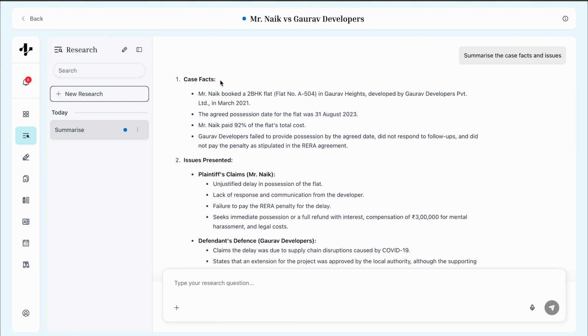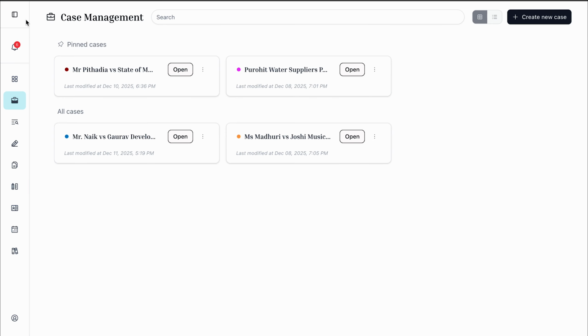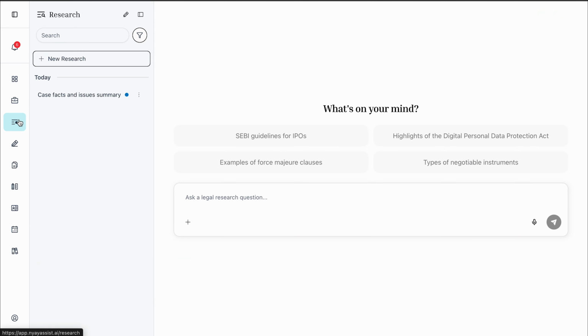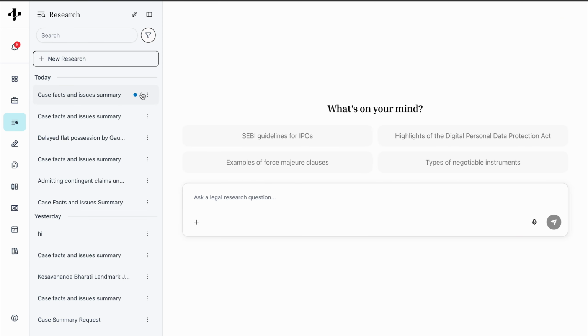As you can see, the summary appears here based on the details and documents added to the case, with the case color for easy reference. Assigning a color to your case helps you throughout your work on NyAssist. Even if you start fresh, with the help of the assigned color, you can identify your case anywhere in NyAssist, even if you use any other feature. For example, if we use research, you can still identify your case that you were working on in here.